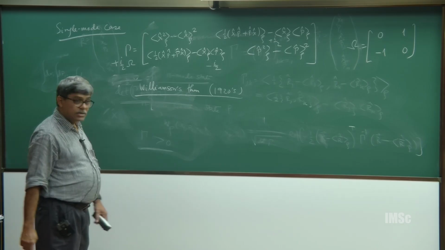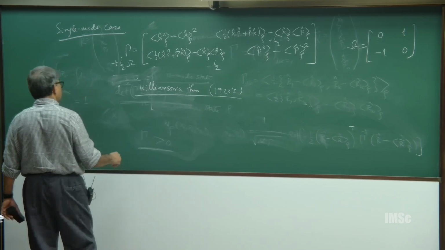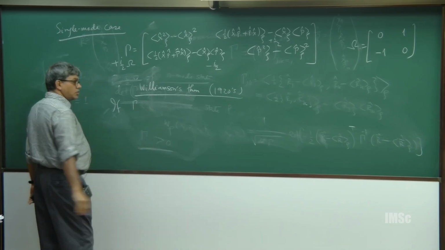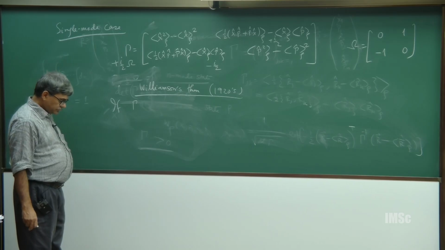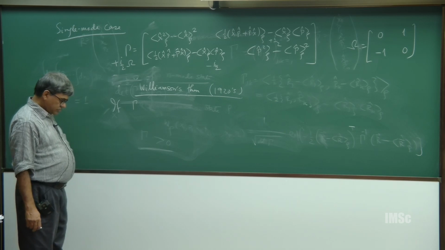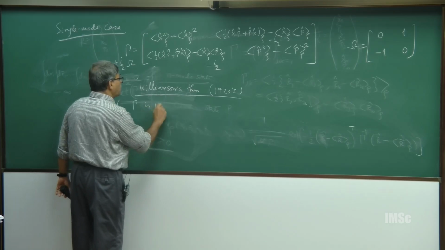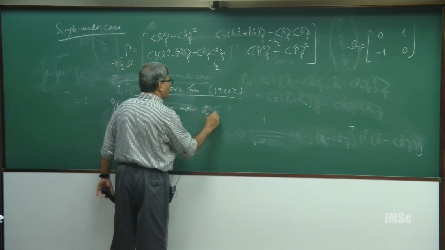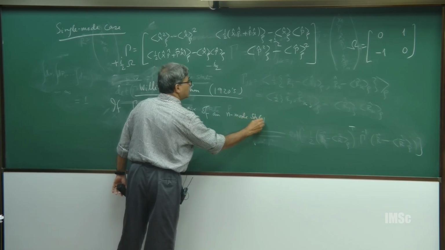It tells you that if gamma is the covariance matrix of an n mode state,